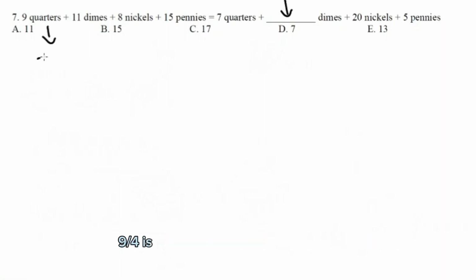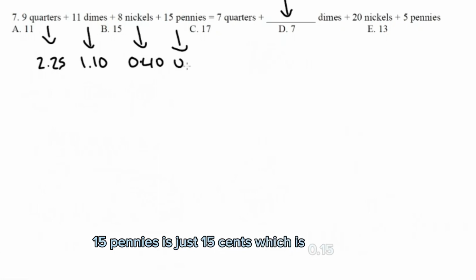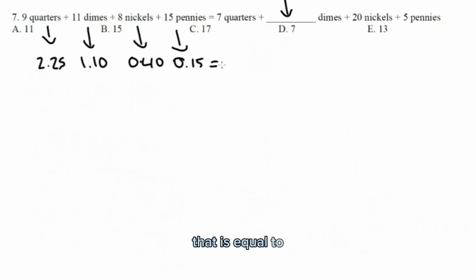9 quarters is $2.25. 11 dimes is $1.10. 8 nickels is 40 cents, so 0.40. 15 pennies is just 15 cents, which is 0.15. Alright, that is equal to